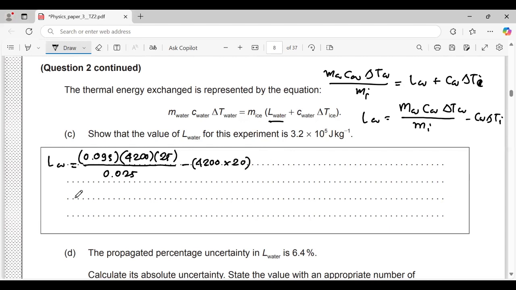Okay, and if you calculate, the result is